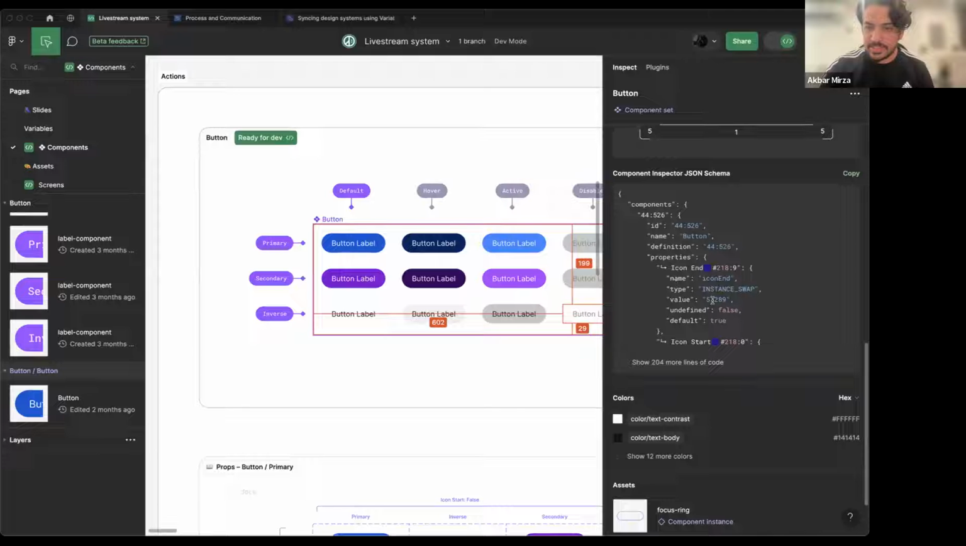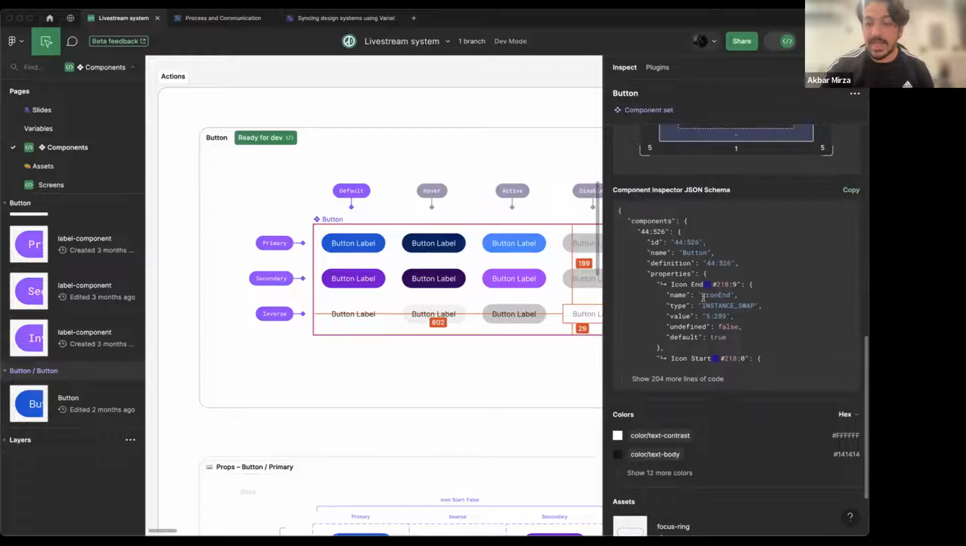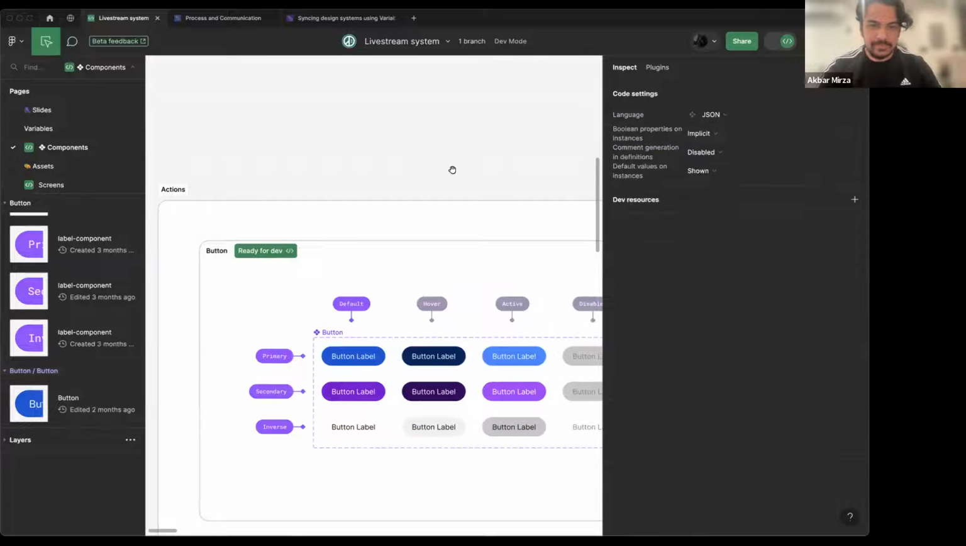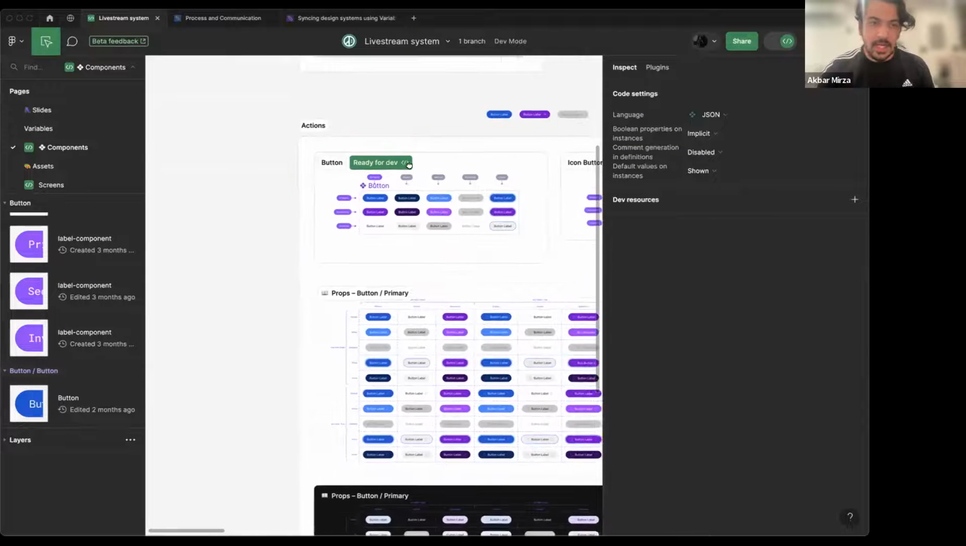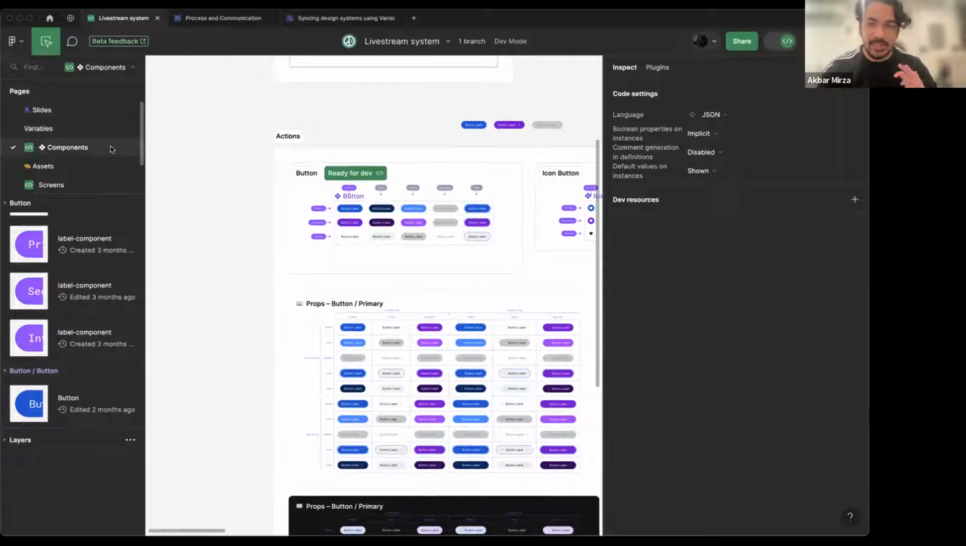But you can see all those properties. You can see what's coming in. And this is a behind the scenes look of how the component inspector is working. Awesome. That about covers a lot of the things that I was thinking about in terms of working with dev